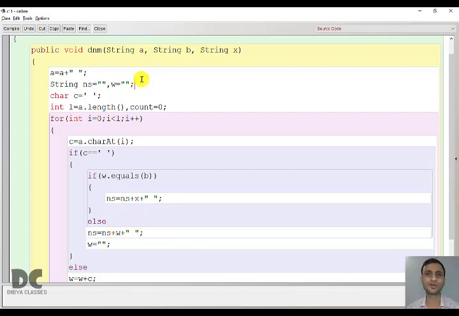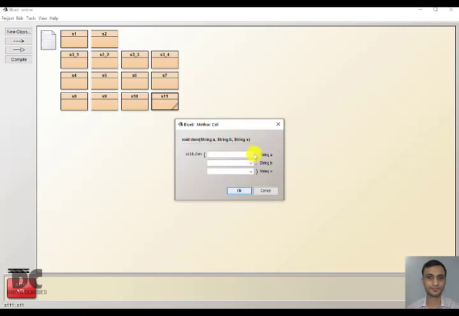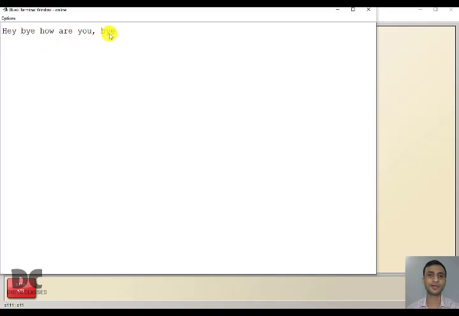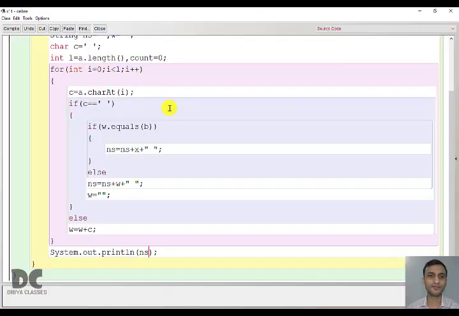So now let us run this program and check if our program is correct. For example, I have "hey, hi, how are you, hi." I want to replace hi with bye. So here it will be "hey, bye, how are you, bye." So our program is correct. The only thing we did is we found if it is the same word we are going to replace. The word is being extracted here, which we already did in previous programs. Then if it is true, we are joining the new word. If it is not true, we are joining the old word.